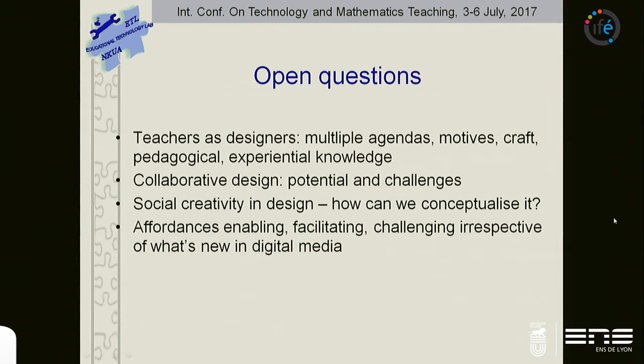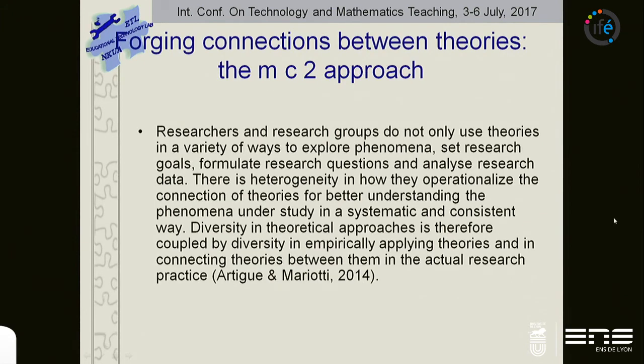We came up, of course, with a lot of questions in thinking about teachers as designers, thinking about collaborative design, is it worth the investment, about social creativity, how can we think about it, and about affordances enabling and supporting this kind of creativity. Now, with respect to theoretical integrations,